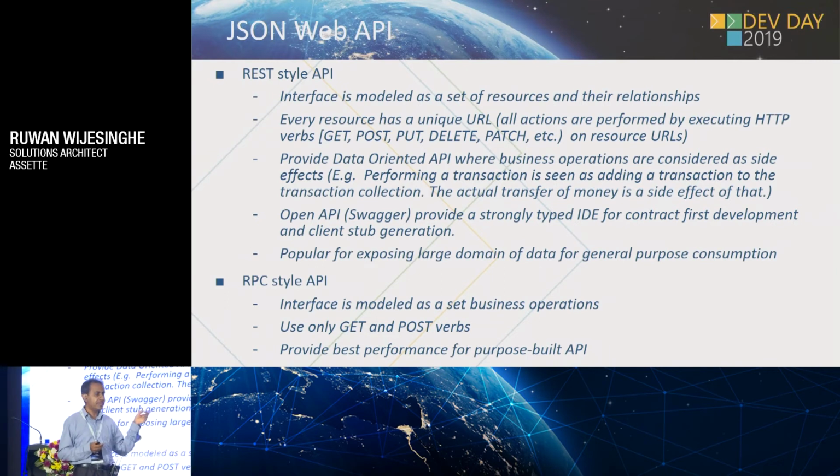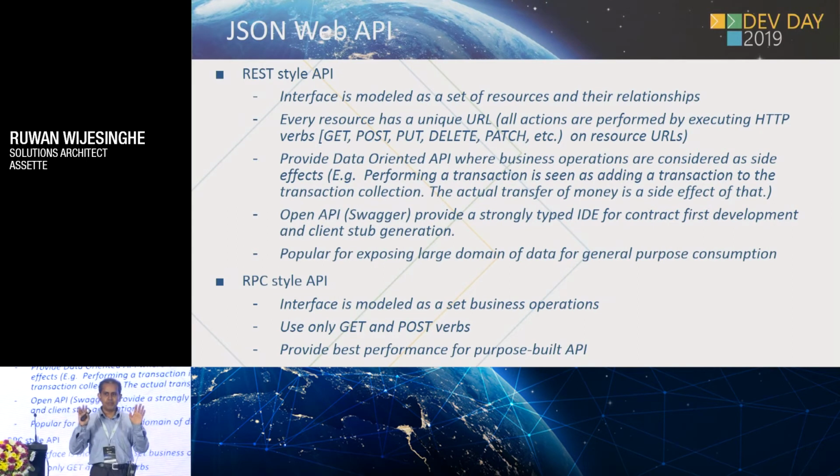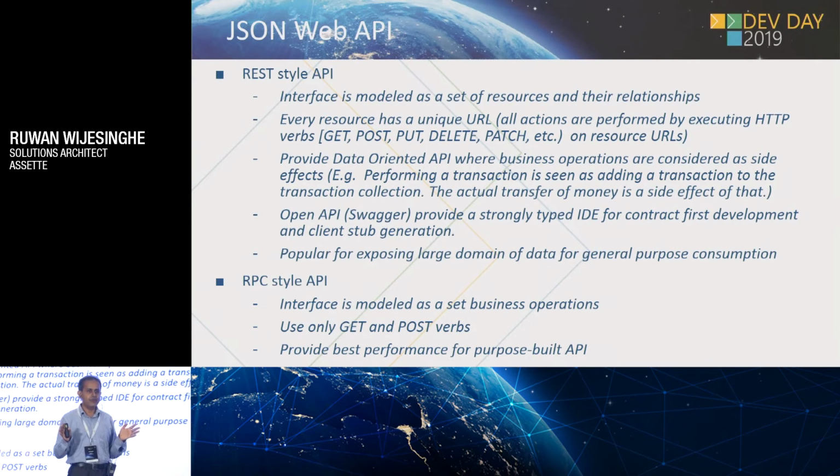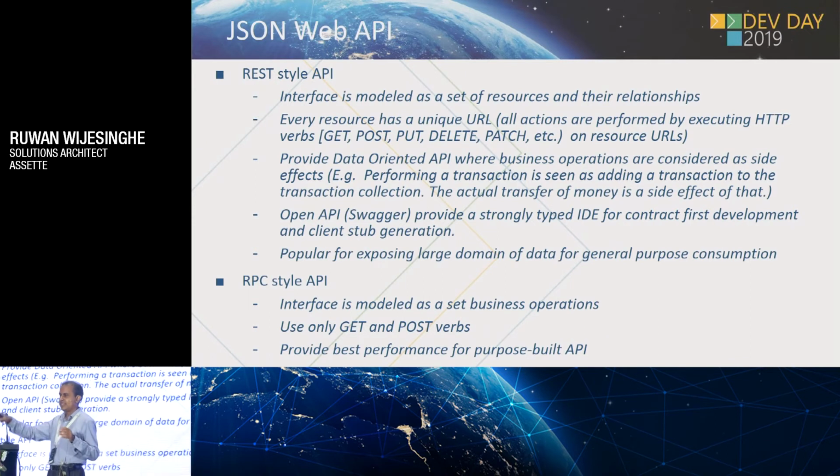So the difference between REST style and RPC style is, the REST style is based on HTTP protocol itself. Like, every resource has a unique URL, just like web pages. And then you invoke operations on it using HTTP verbs: get, post, delete. Right? And you use hyperlinks to create links between two objects. The advantage of this one is it's very nicely, very well structured. Right? And it's very good for modeling a large domain, like if you want to query a complex domain, different entities, etc.,